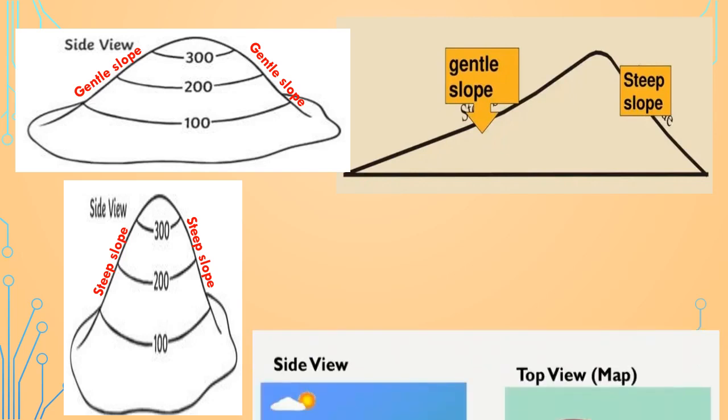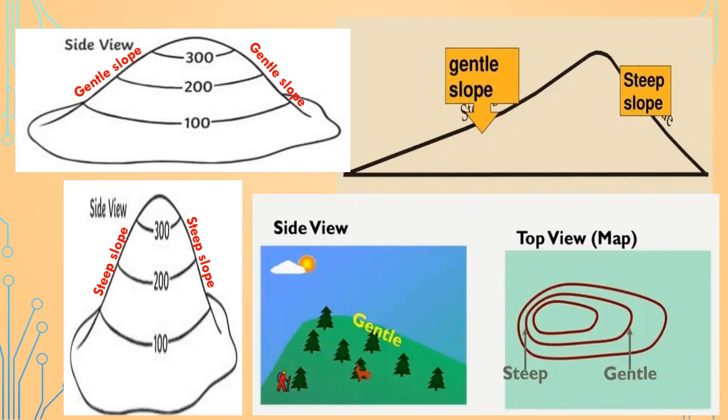Look at the contour map drawn for this hill. Do you notice that the contour lines seem to be nearer to each other on one side, and the lines are far away from each other on the other side? We understand that contour lines are seen nearer to each other on the steeper side of the hill, whereas on the gentler slope side, the contour lines are far away from one another. In other words, we can say that the contour interval or the gap between the two contour lines is more on the gentler slope side of the hill.